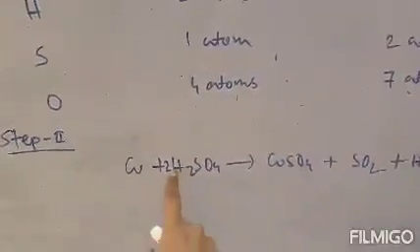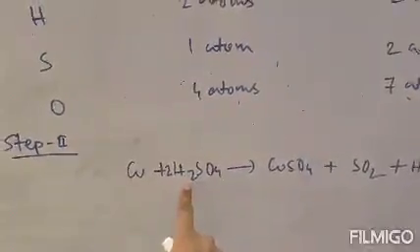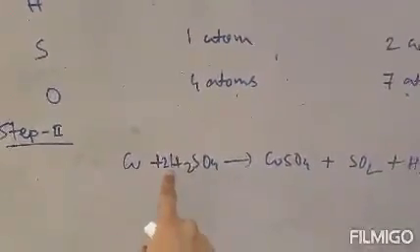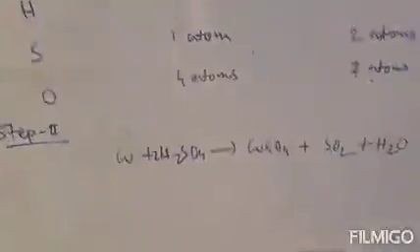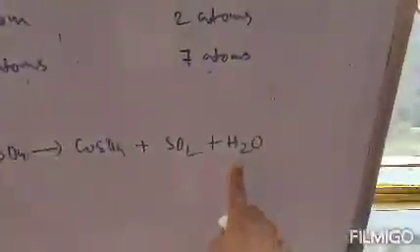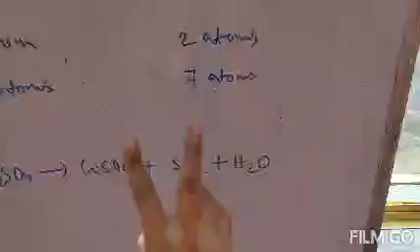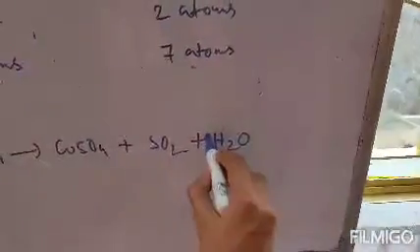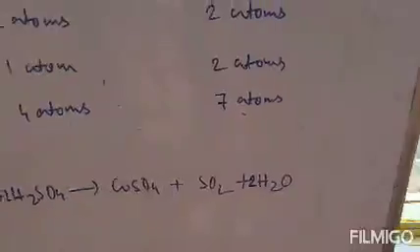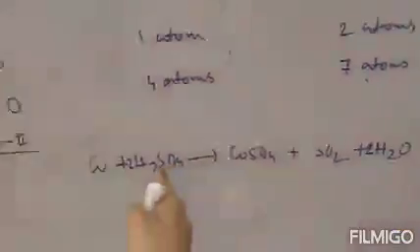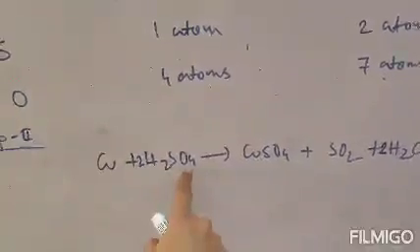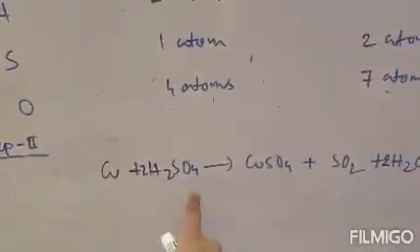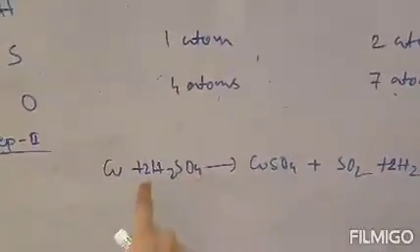Now you have 4 hydrogen atoms on the reactant side, because 2 twos are 4. Now count the number of hydrogen atoms in your product side. There is 2 only. Therefore 2 hydrogen atoms are short, so write 2 over here. Now hydrogen atoms are also 4 on the product side. Therefore hydrogens are balanced, sulfur is balanced. Now count the number of oxygen atoms. Oxygens are 4 and 2. That means 8 oxygen atoms, because there are 4 oxygen atoms and here are 2 here.